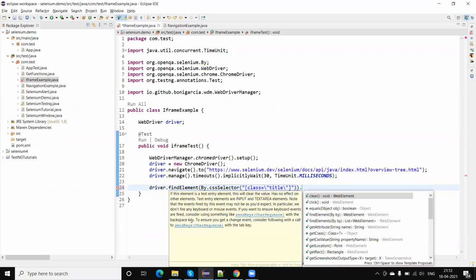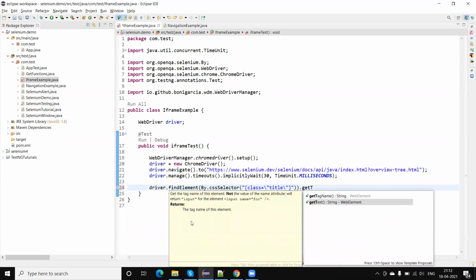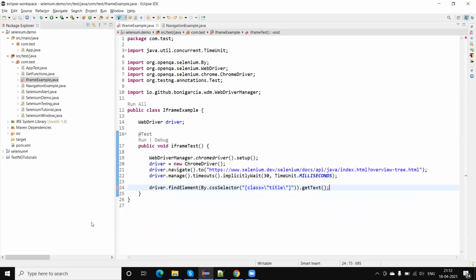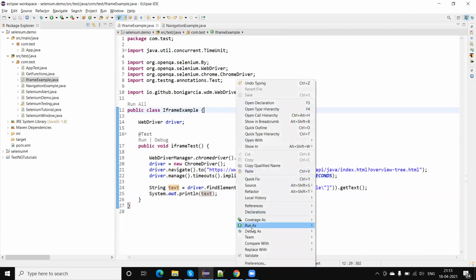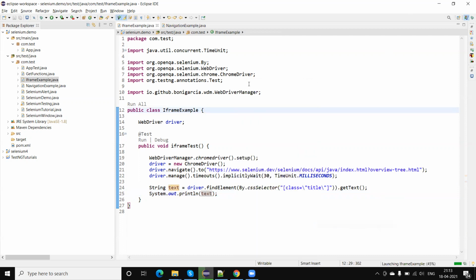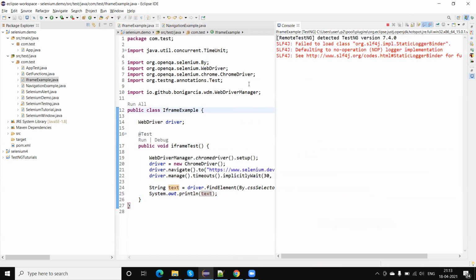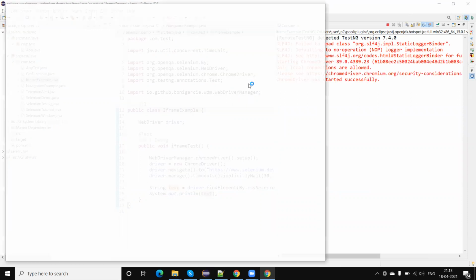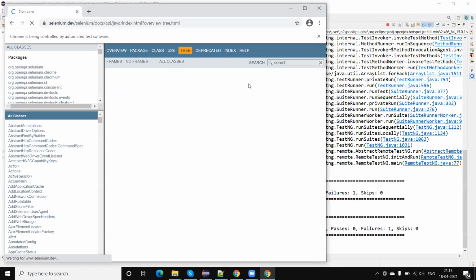Then calling getText, and also going to store this text into a variable text. Now printing this. So let me run now. At that time, we will get the element not found exception.